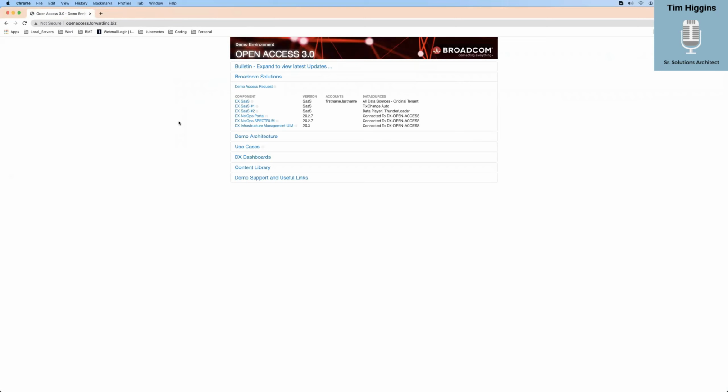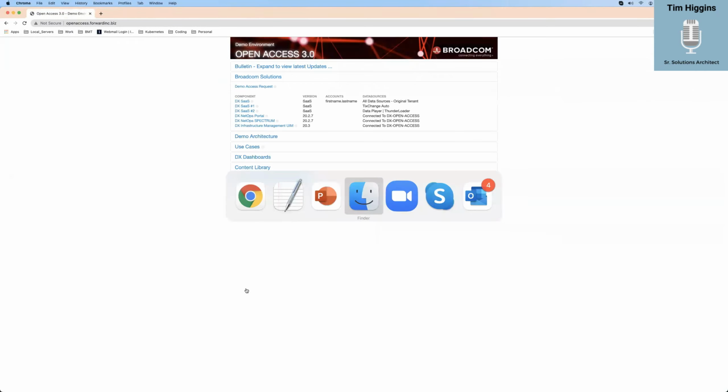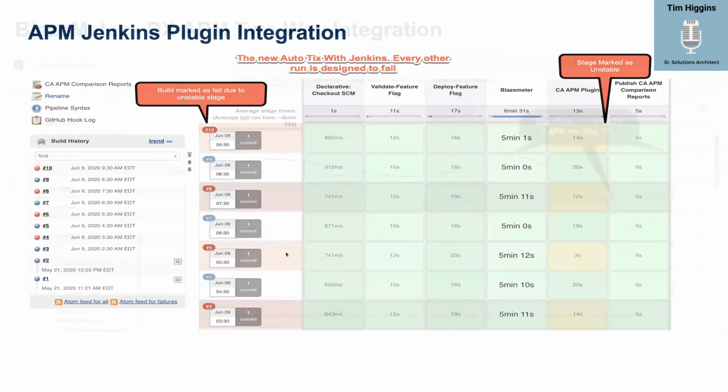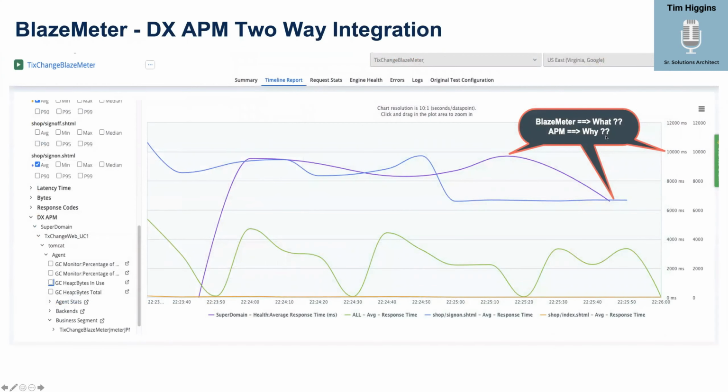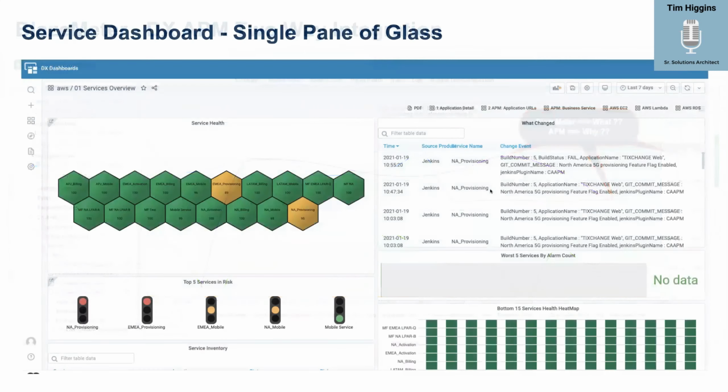Oops, and I closed my session, but that's fine because I was going to go back over here to our presentation. Now that you saw that, this is what it would look like in BlazeMeter. Okay, so I can see in BlazeMeter, I have some issues, and then we want to go to APM and see why. Here's the dashboard we just talked about. Okay, notice this Jenkins kind of started it. Here's some of the events and alerts that it picked up along the way.